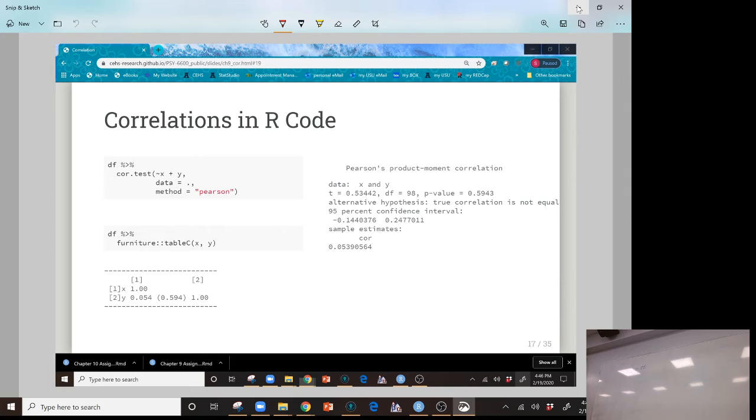What do you think about that strength and direction? Very low strength, positive direction. So there is a very slight positive correlation in this data. But then, what's the t? How would we write the t? 98. And I'll tell you, that's 2 less than the sample size. In correlation, the degrees of freedom are 2 less than the sample size. And that's equaling,